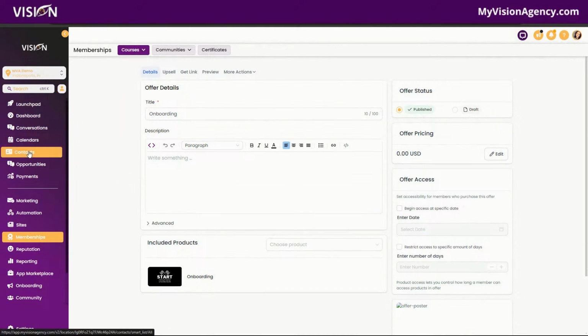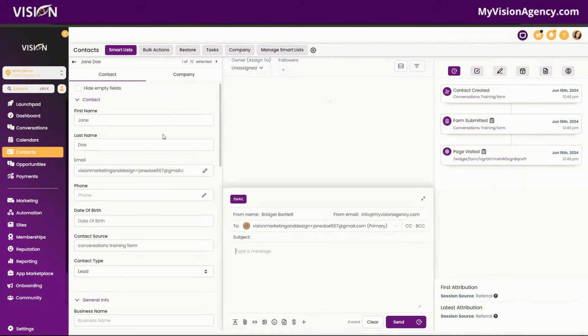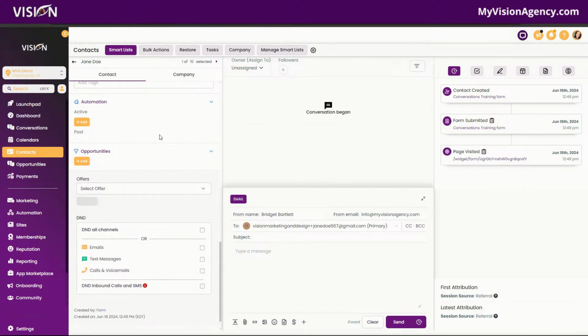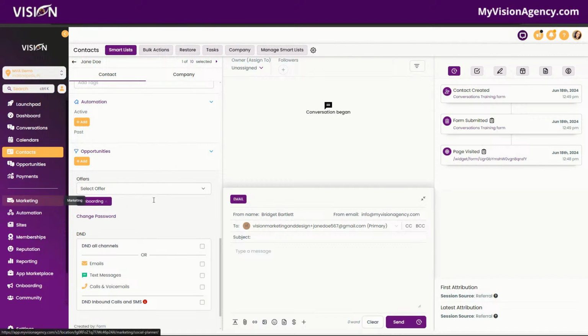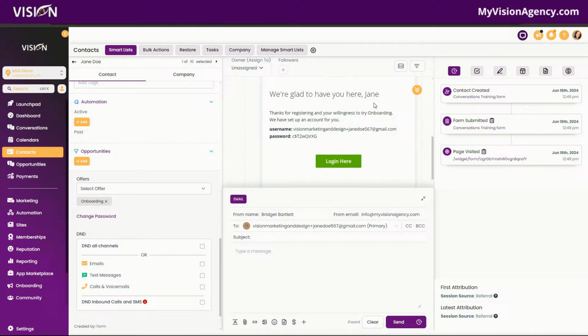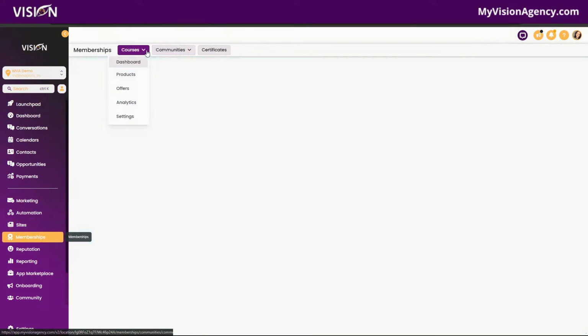So if I wanted to manually give access to Jane Doe here to that offer, what I can do is just come down here and I can select that offer. And then as long as I have my email toggled on, Jane Doe will receive this welcome email with the login credentials. Okay. And when I say the email toggled on, you want to go to membership area and you